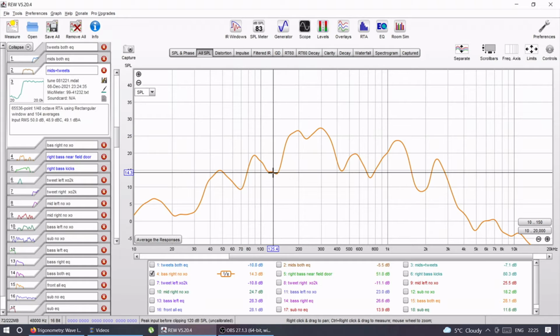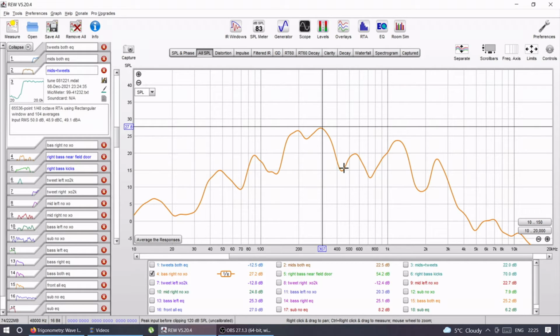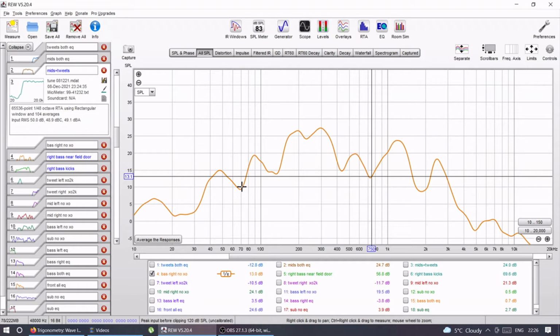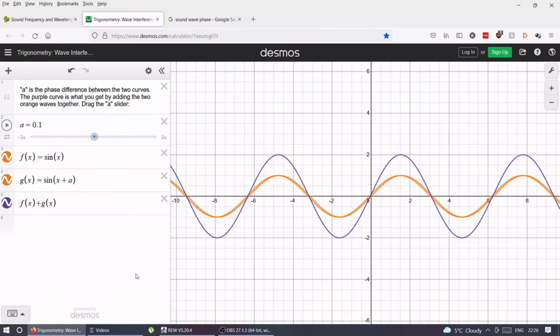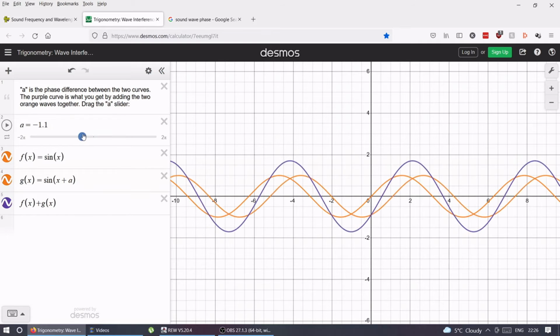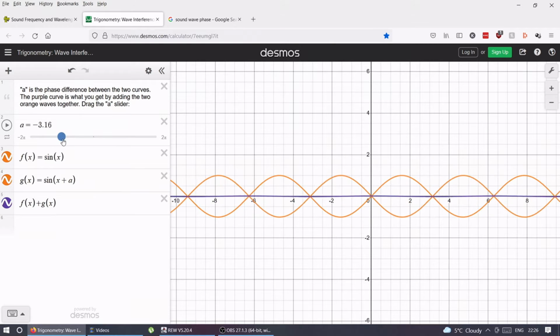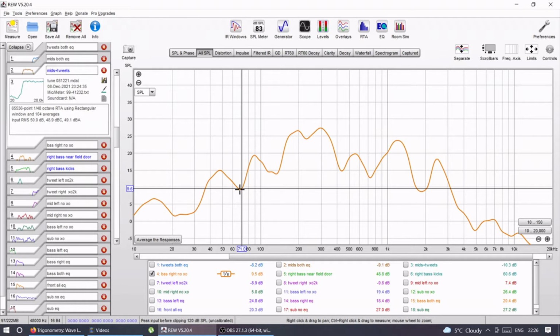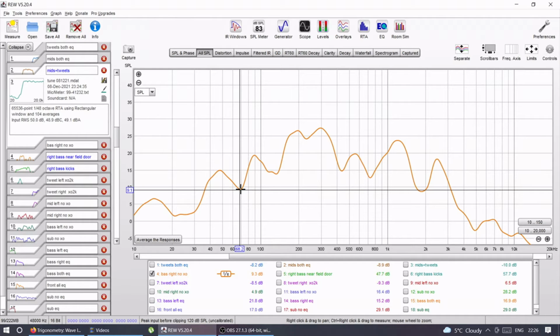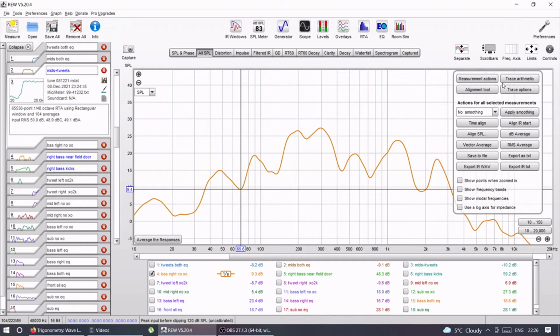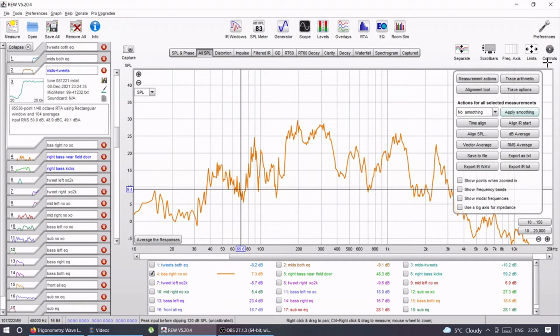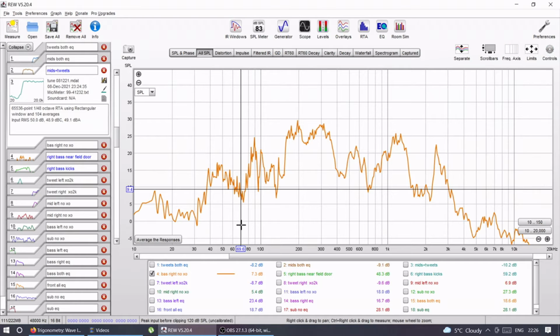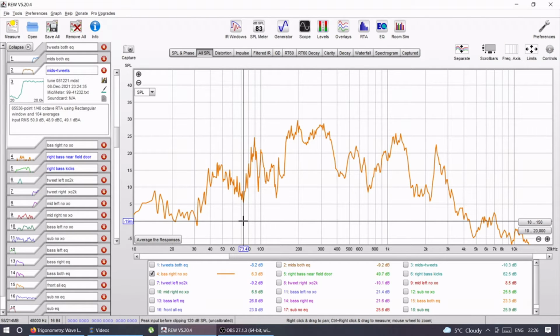These dips and peaks are caused by this. If I have two sound waves that are coming out of phase into my listening position, the sum is going to be nothing. That means that, for example, if you take this part, it is 68 hertz. I'm going to remove the smoothing so we can see a bit better. So this particular one is